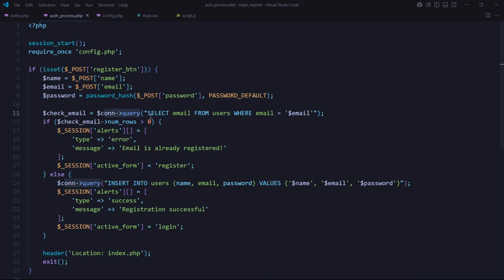So here we tell the database like this: select or fetch data from the email column in the users table, where the value of the email column is equal to the value of the email variable. Simply put, this query is used to check whether there is an email that is already registered in the users table. If num_rows is greater than 0, this means the email is already registered in the database, we